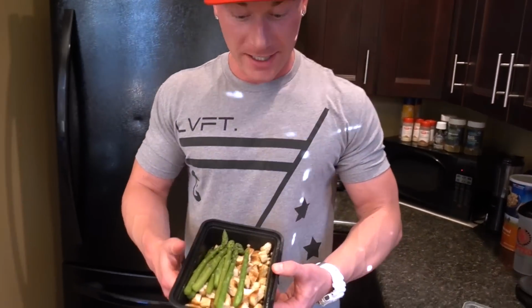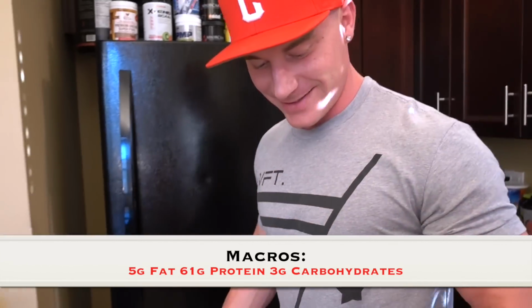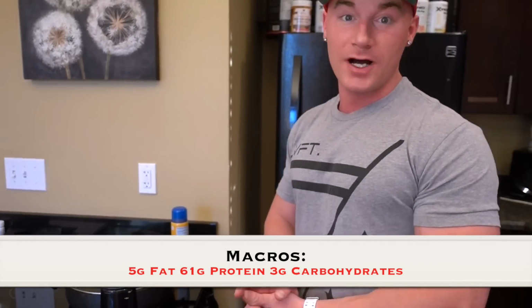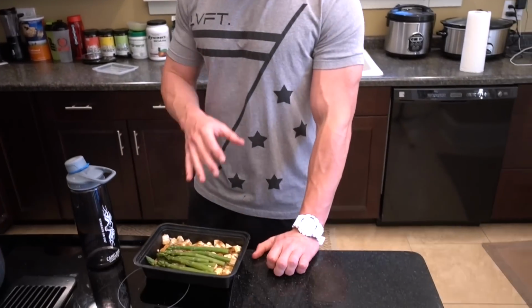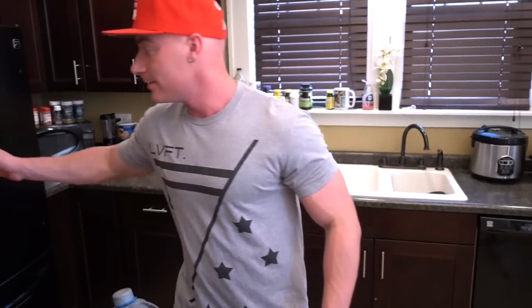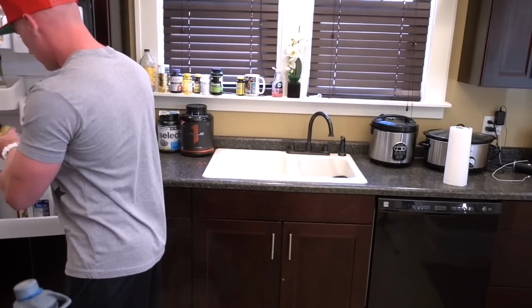And voila! I don't know if you were expecting it to look any different after the microwave, but it doesn't. Alright, and then typically what I'll do, I have a ton of different sauces I go to. You want to be careful with your sauces, because if you're using sauces that contain a lot of calories, that can really add up, because you're going to want to put a ton on this food. Not that it tastes bad by itself, but a little flavor when you eat the same stuff every day goes a long way. So, I'm going to grab, let's do some